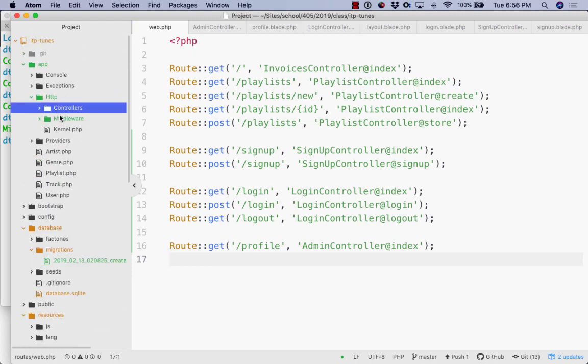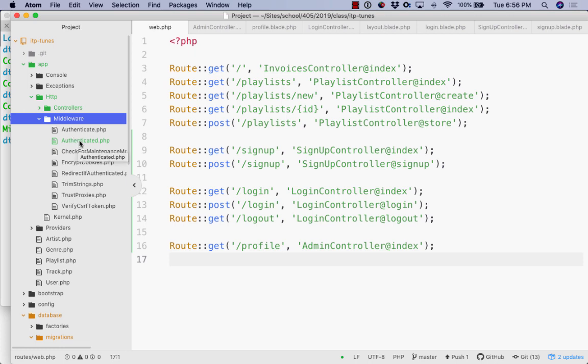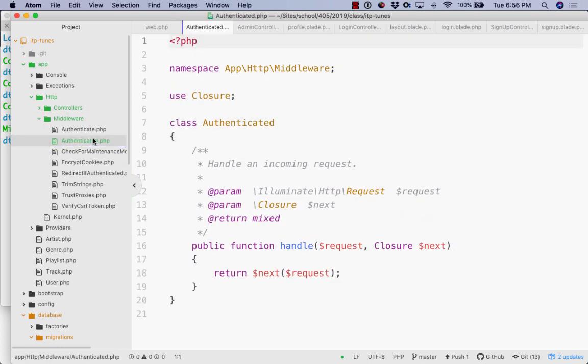Okay, so this middleware got created inside the HTTP folder, so pretty close to the controllers folder. And so we have this authenticated middleware. There's also one called authenticating that kind of goes with the default authentication scaffolding that we're not using. So we're just hand rolling our own, but doing something similar. Okay, so if we look at this class,